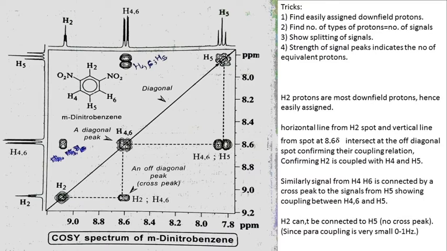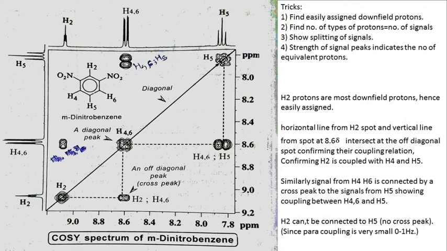Here, we are going to take an example of meta-dinitrobenzene. I have provided some tricks here to assign the structure. First, find easily assigned downfield protons. Then, find the number of types of protons. Then, show splitting of signals. Strength of signal peaks indicates the number of equivalent protons. These are some tricks. By using this, you can assign